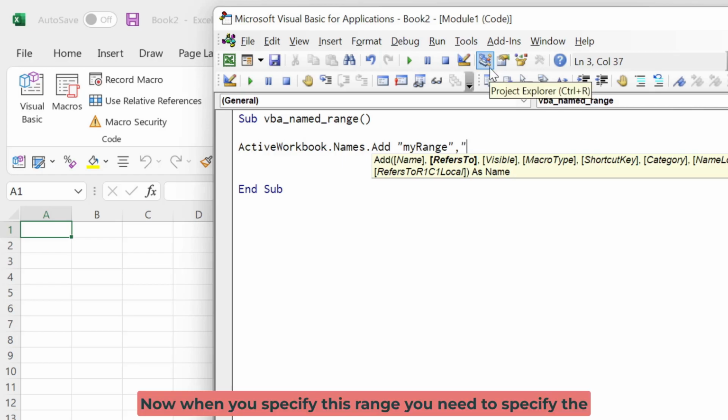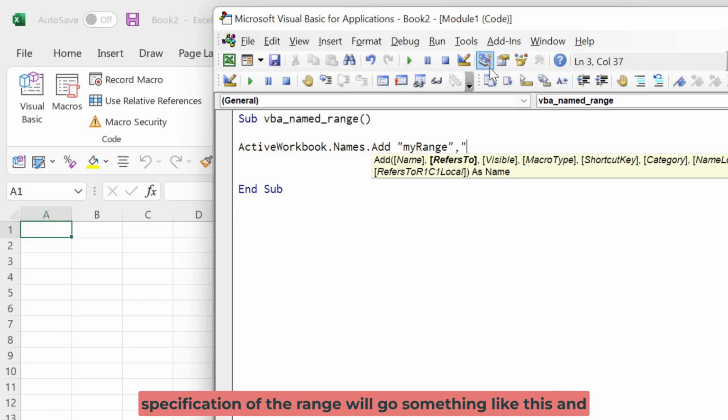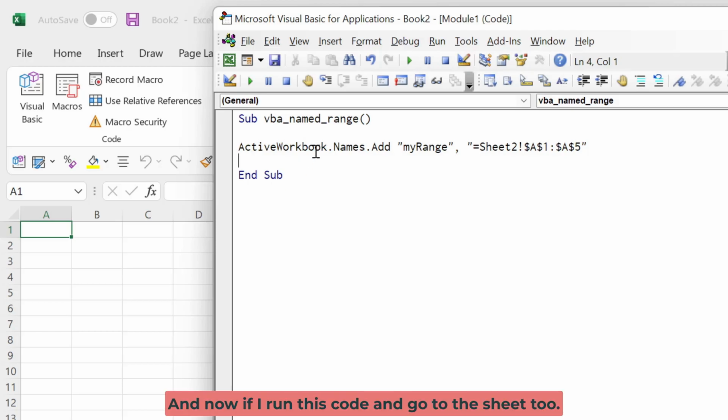Now when you specify this range, you need to specify the sheet name as well, along with the equal sign. So if I want to create a named range in Sheet2 for range A1 to A5, the specification of the range will go something like this. And I will also use the $ sign to freeze this range. And now if I run this code